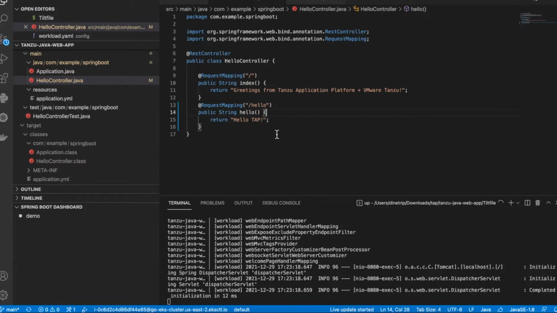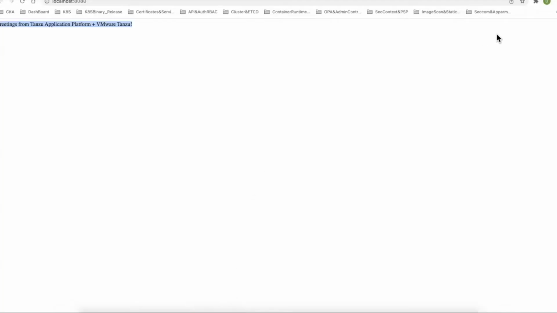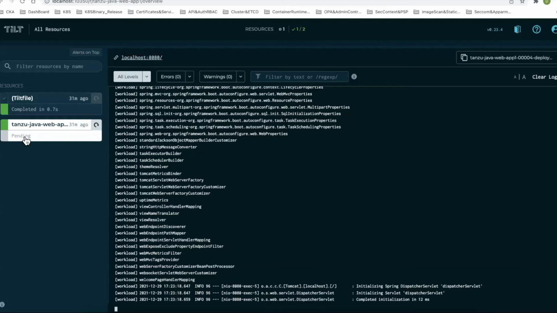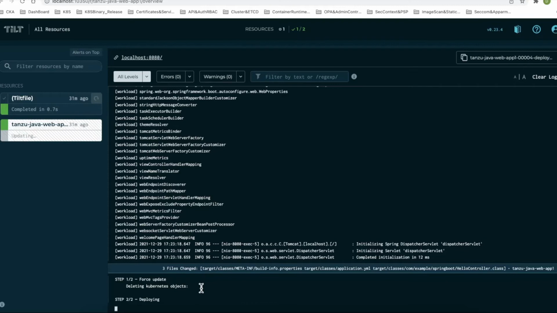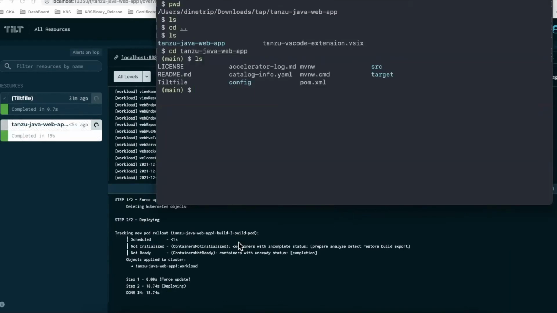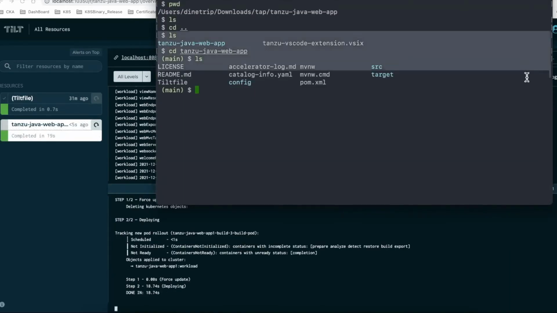Now, this is the change that I have made, right? And how do we get this change up and running on a Kubernetes platform, and it should be live? So let's go to the Tilt UI, and here you see that now there is something pending. So I'll just hit a refresh, and it will detect that we have made some file changes. And accordingly, it's going to start updating that particular application on a Kubernetes cluster. So that is what we are going to see here. Let's just give it a few seconds. Same thing we are going to see pretty much on the